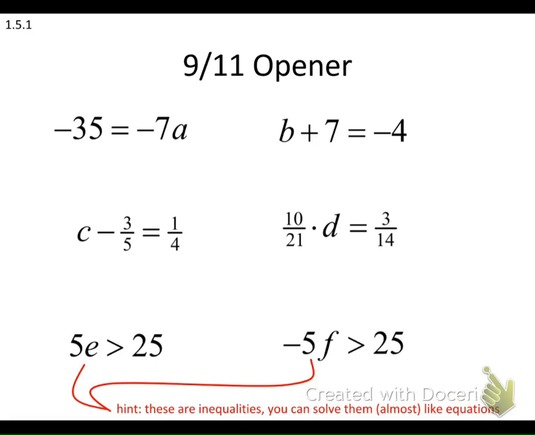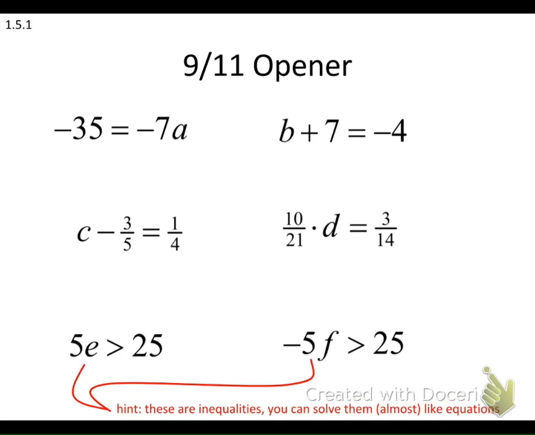Solving one-step inequality notes. When we solve one-step inequalities, it's going to be very similar to solving one-step equations, which we've been working on the past few weeks here. If you notice the last two problems today, they have different signs instead of equal signs. They have greater than or less than signs. These are going to be inequalities. We're going to get into more of that in just a moment here, but let's take a look at the